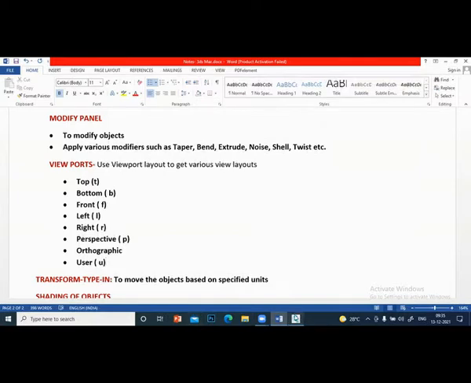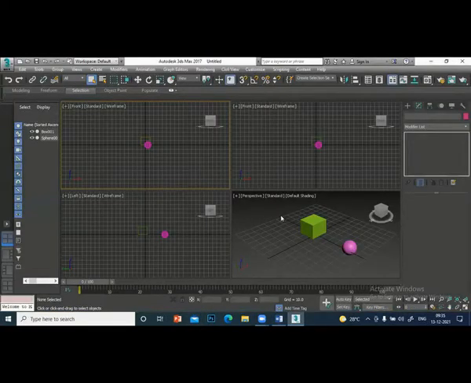When you are in the 3ds Max, this is the perspective view. All other views, you are looking at, you can see only two dimensions. So those are called orthographic. For perspective view, you can see all three axes, X, Y, and Z. But these are called orthographic because you can see only two dimensions.